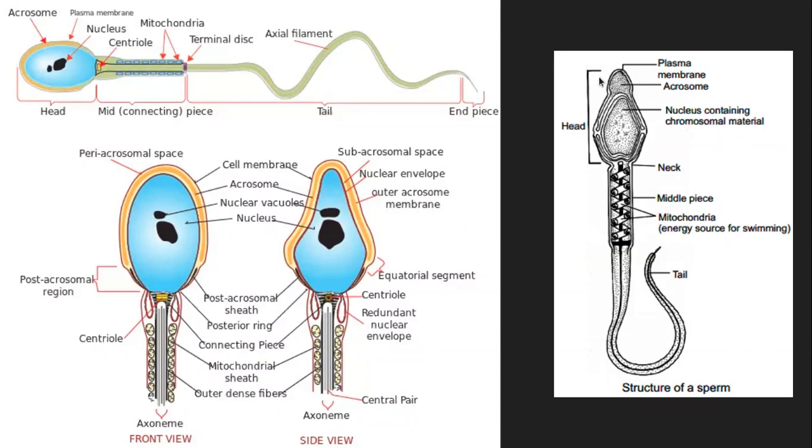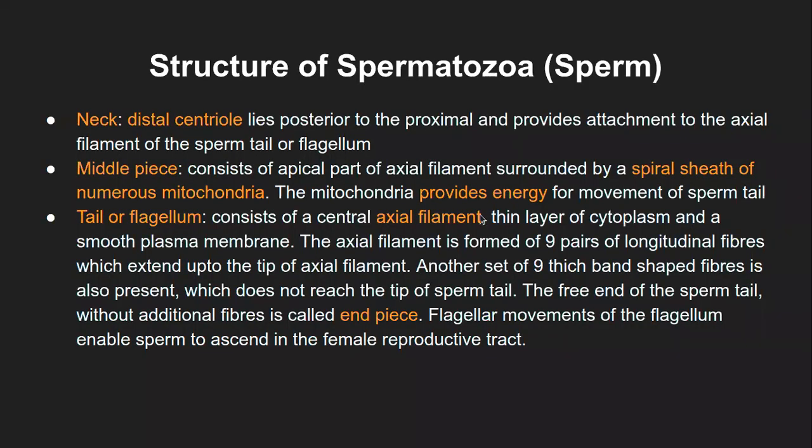So again, quick revision, there is head which has acrosome, nucleus, and then in the neck portion we have proximal and distal centriole, and in the middle piece we have axial filament which is extending towards the tail along with the spirally arranged mitochondria. Remember, you have to write the structure. If at all the questions are being asked, we write the structure as well as the function. So both of these aspects need to be mentioned there. So that was the third piece or third structure within the sperm.